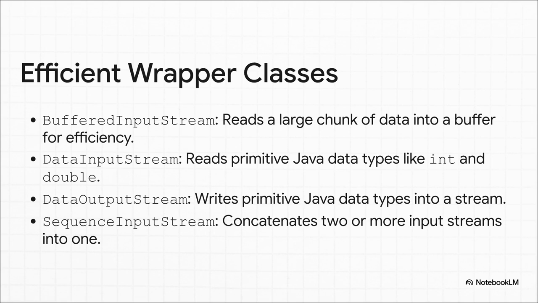You wrap them around your basic streams to give them new abilities. Buffered Reader and Buffered Writer are all about speed. They read and write in big chunks, which is way faster. Data in-stream and out-stream are awesome because they let you work directly with Java's basic data types like integers and